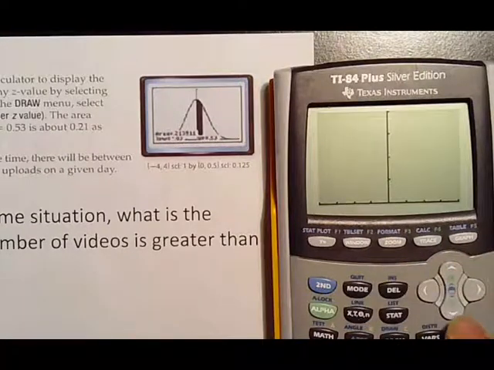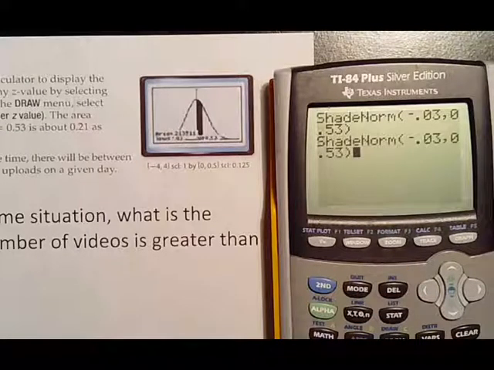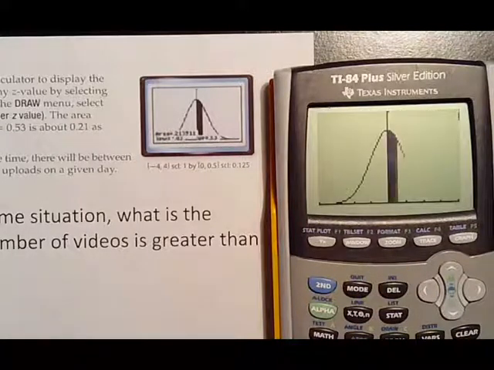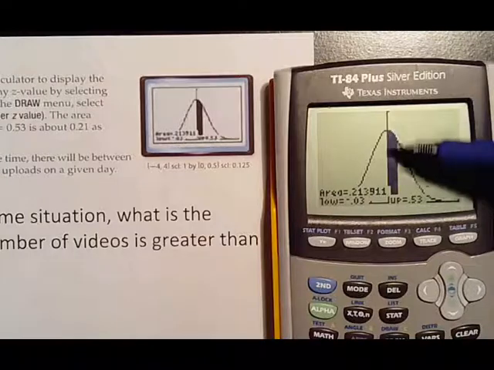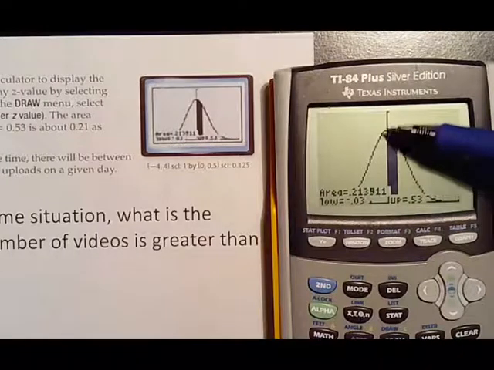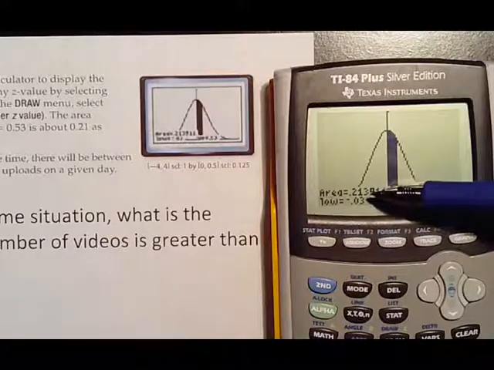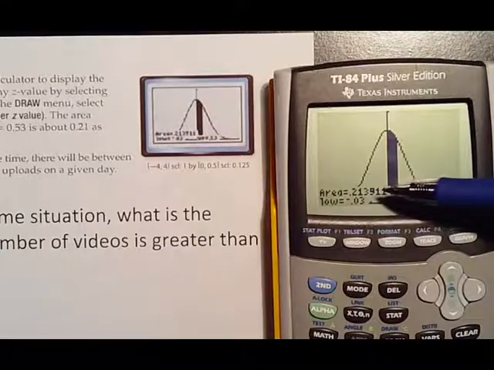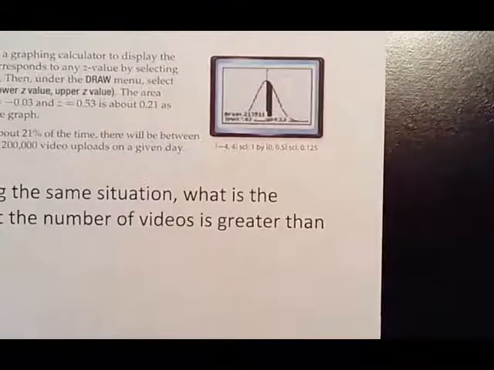Okay, that's not what we're looking for. So let's go ahead and hit second, enter, and try it again. There we go. So I guess it's really not a graph, but it does kind of match what I showed you, where you're slightly off to the left because that's your point -0.3, and then you're about halfway over, and there is your area. Remember that your area is your probability, so it's about a 21% chance that whatever was going on was going to happen that way.